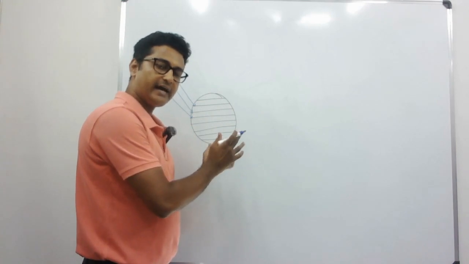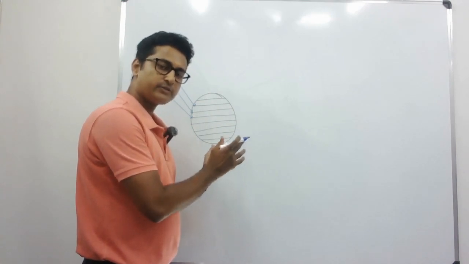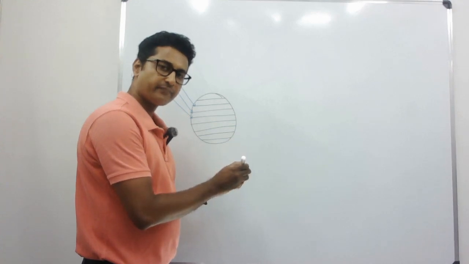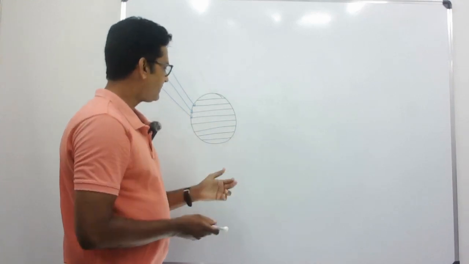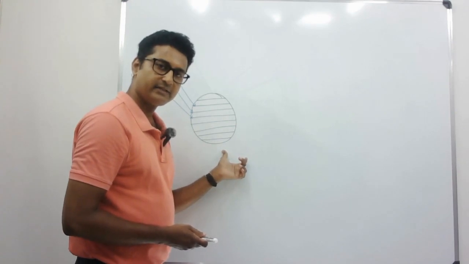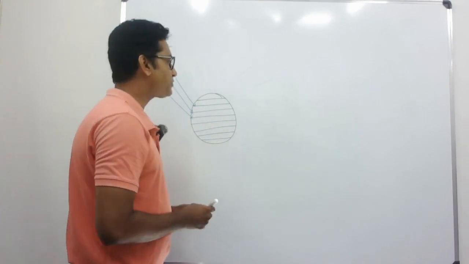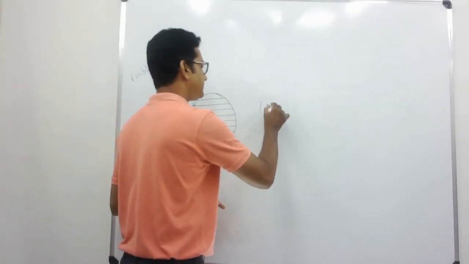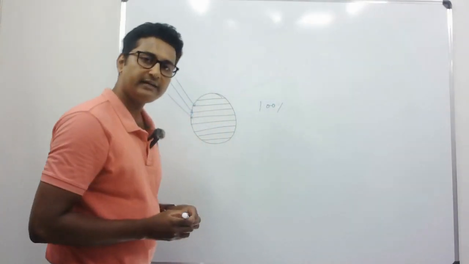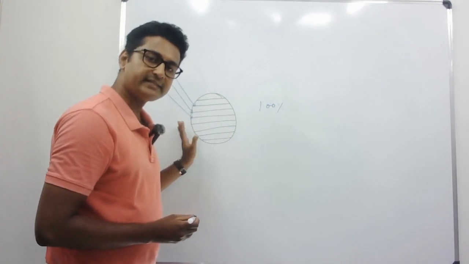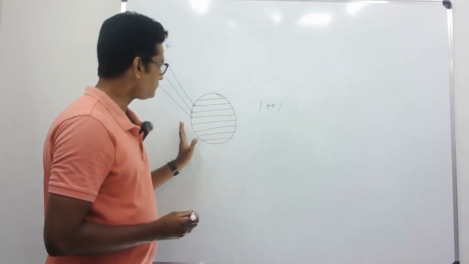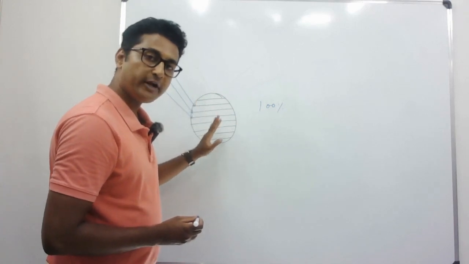So it is an ideal concept, and this concept says that there is a substance which can absorb 100% of the electromagnetic radiation which falls on it